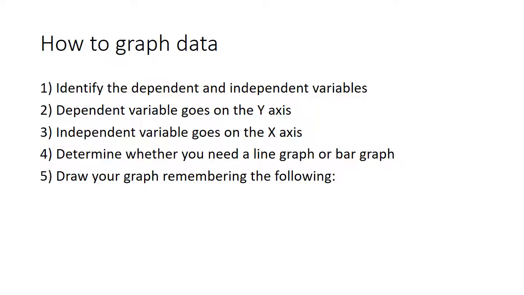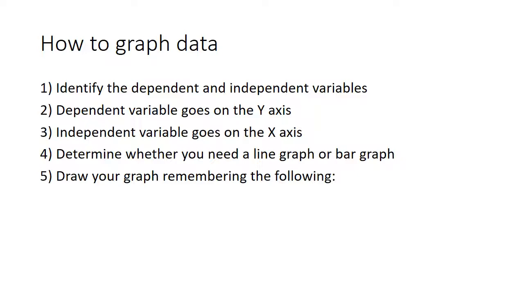So if we were looking at evolution from generation to generation, for example, or the change in growth over time, or the amount of hatchlings for your brine shrimp, for example, over a number of days, you would want to put that, because it's over time, in the form of